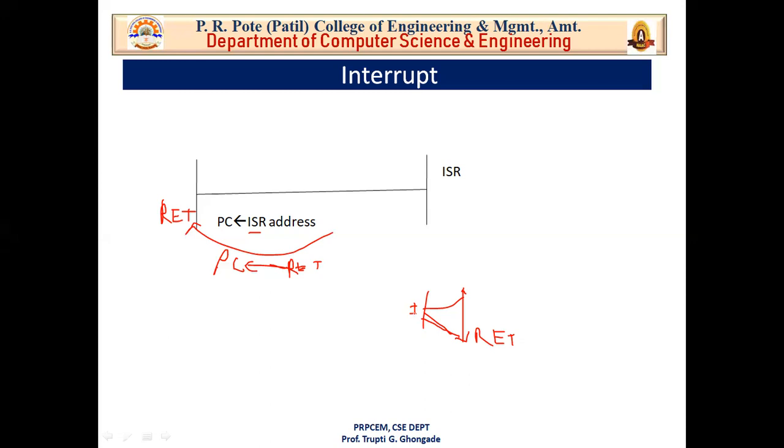So to go to the ISR, the microprocessor has to put the ISR address into the program counter. But before putting the interrupt service routine address into the program counter, the processor has to push the value of the program counter into the stack. That means the return address is stored into the stack, and you all know the meaning of push and pop. We use push and pop in a stack data structure. Now, what is a stack and how it works in an interrupt, we will discuss in the next lecture.